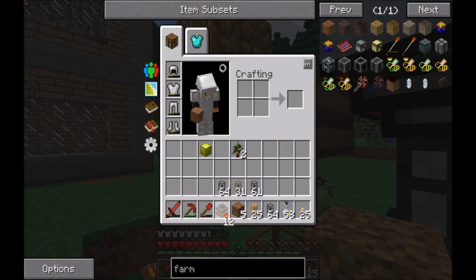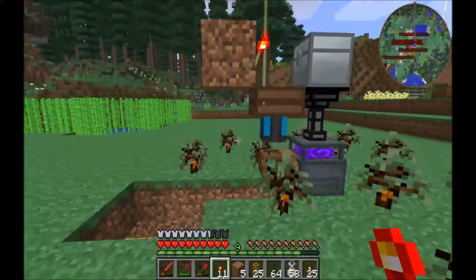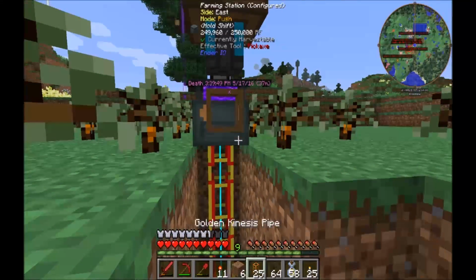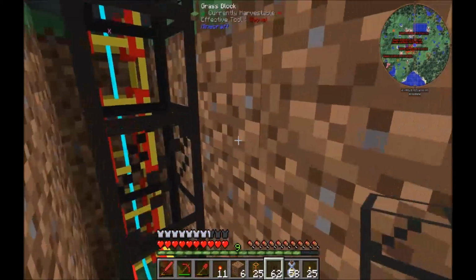And then we gotta put a redstone torch right there. We can't put it on the chest, right? Yeah, no, it goes over there. Great. Okay, so that's fine. Alright, so that's pumping items out. And then we're gonna need these cobblestone pipes now. To do this,